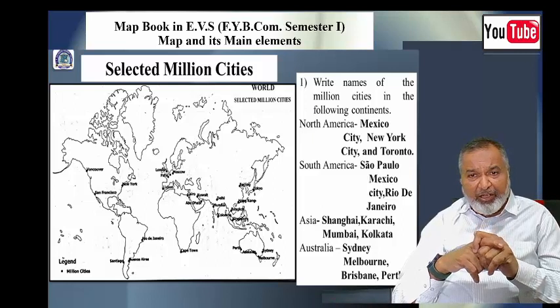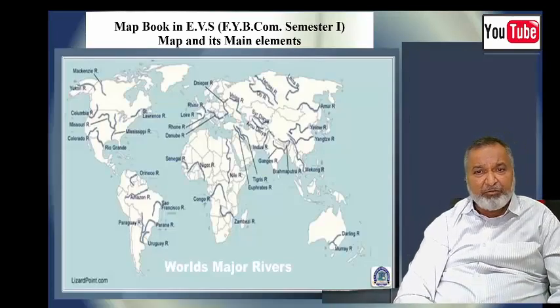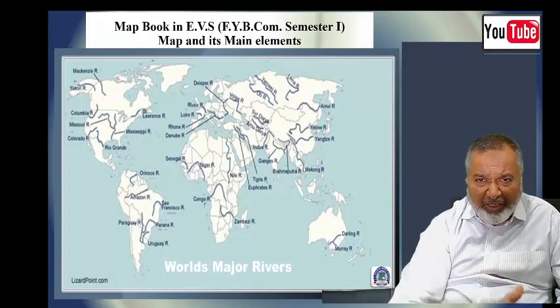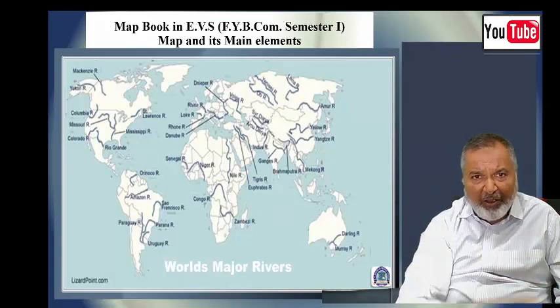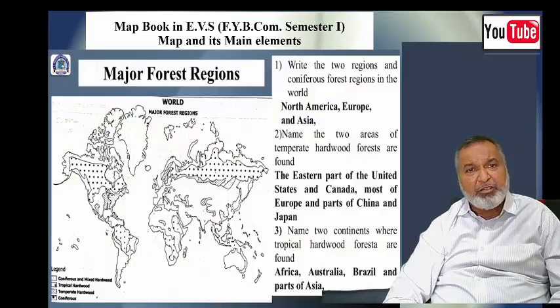Then in Australia, Sydney, Melbourne, Brisbane and Perth. These are the places where you can find the population. You can see, especially in Australia, the population is more on the lower side. Next one, major forest regions,